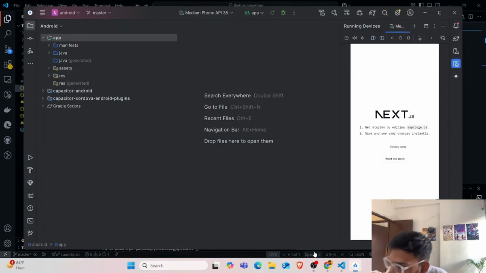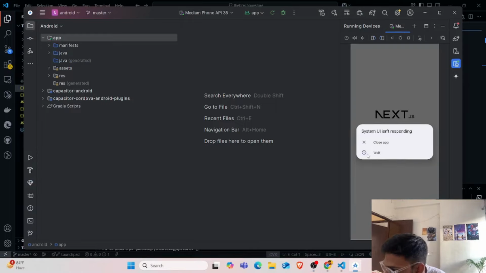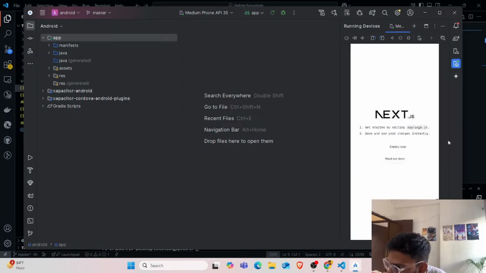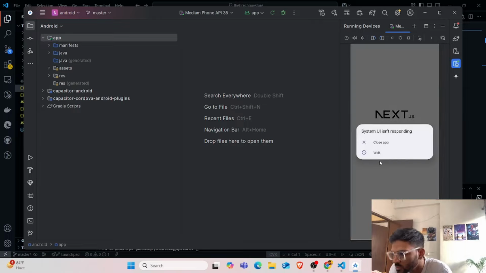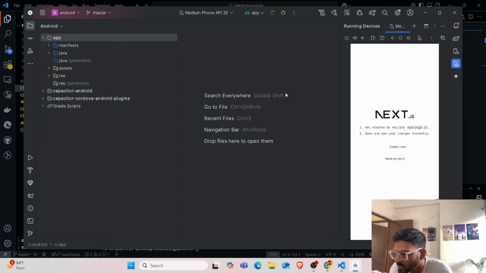Now, as you can see, my Android Studio has started and the code is the same code. The Next code is now running on the Android Studio. It is literally amazing to see how you can use the web code in both the Android and iOS applications as well. I'm not running on iOS right now because I'm using Windows and I don't have Xcode. Without Xcode, it is a bit complex to run it. This is giving a bit of an error and it is not supporting a little, but it is fine. So overall the code is